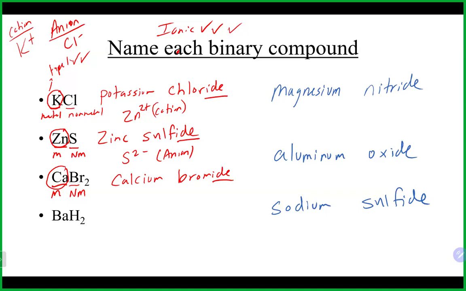Now, what's not there that maybe some of you put there? There is no prefix, yeah? People want to go dibromide because there's 2 of them. Don't do it unless you want an X, yeah? You do not use prefixes ever, ever, ever, ever. One more time, just for good measure, ever